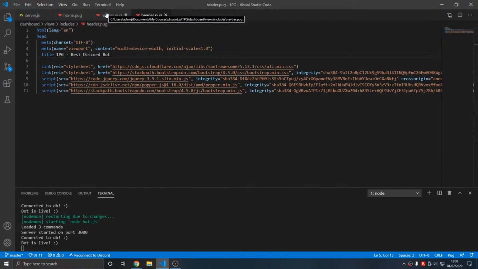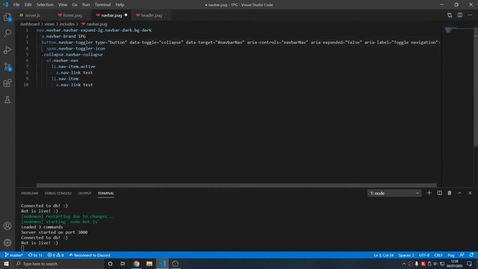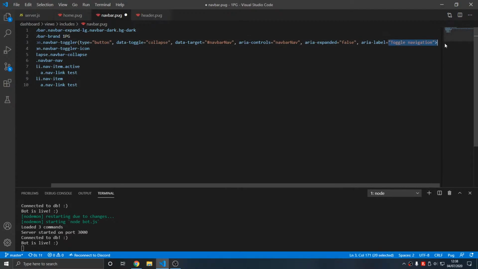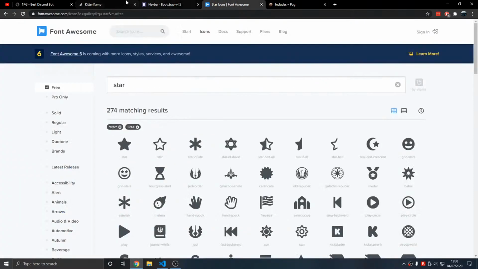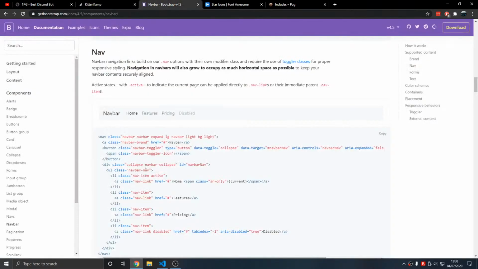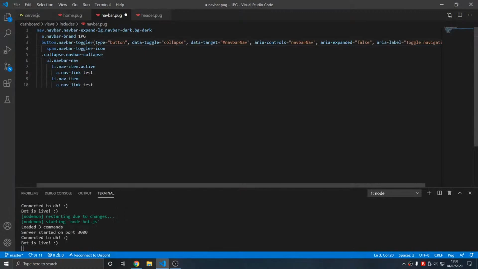And then see if this works. Type button. Navbar nav. There we go. Commas. Ding. Done. Should be done. But we need an ID that is navbar nav, which is here, ID navbar nav. So an ID